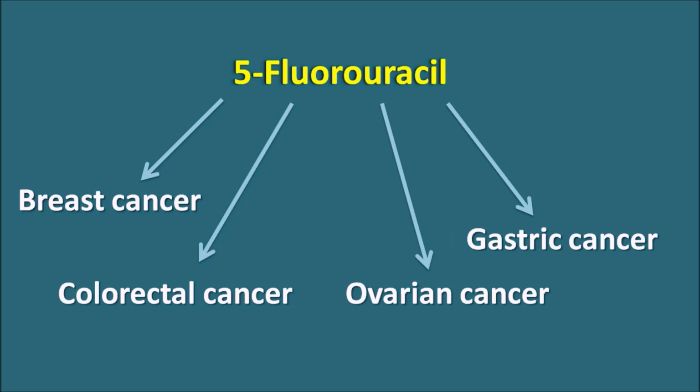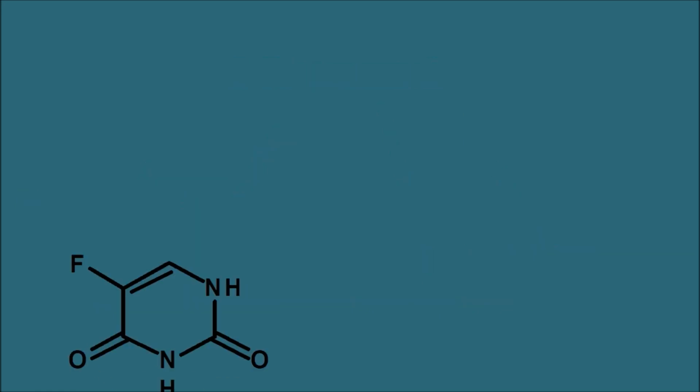And this drug is a pyrimidine analog which acts as an anti-metabolite. This drug inhibits the thymidine synthesis in the cells, thereby it inhibits the DNA synthesis. So this drug is acting on the S phase of the cell cycle, and this drug is a cell cycle specific anti-cancer agent. So today in this video let us see how it acts as an anti-metabolite.